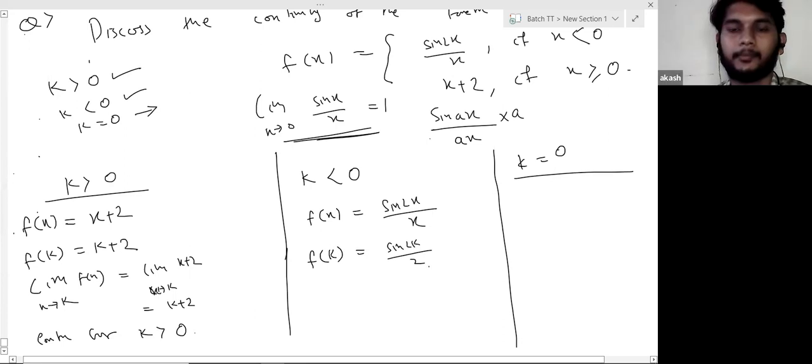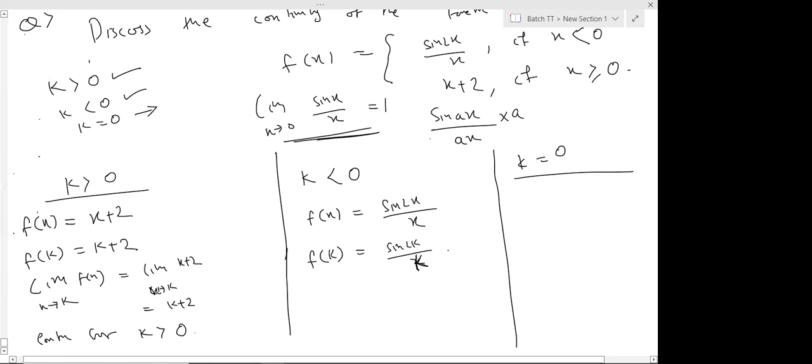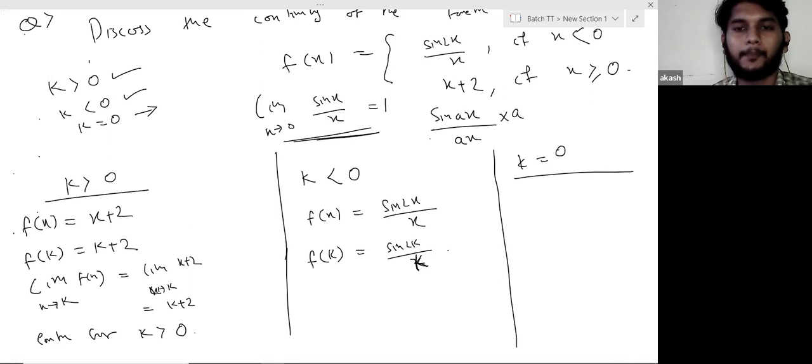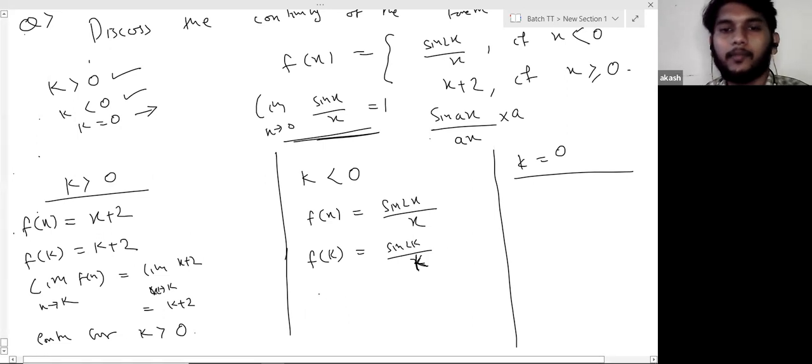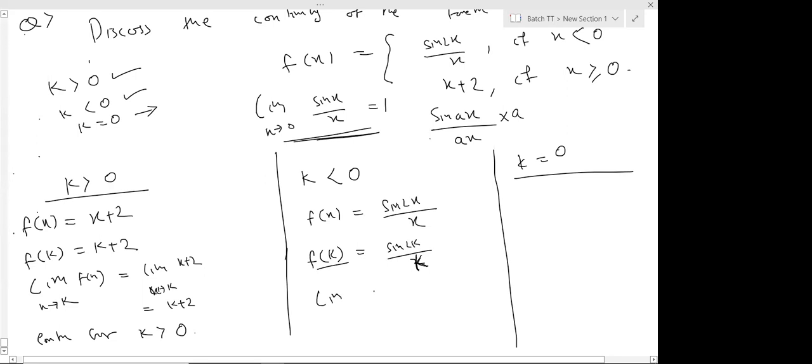So don't we have to solve it for sin 2x by x? Like solve how? Like we did, right? Sin 2 theta by 2 theta will become 1, like that. Right. But you have to do that when finding a limit, right? We are just finding this. Okay. Got it. All right.